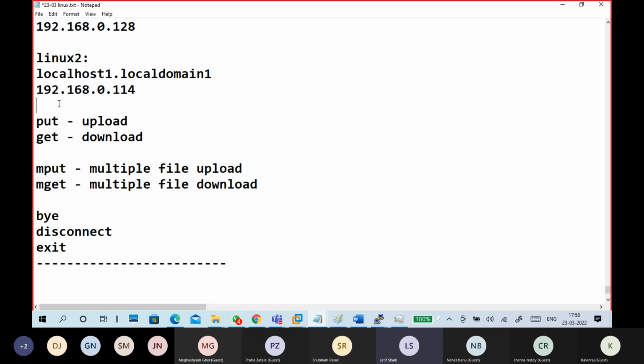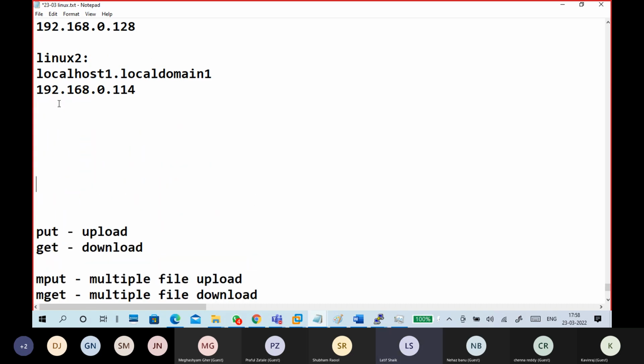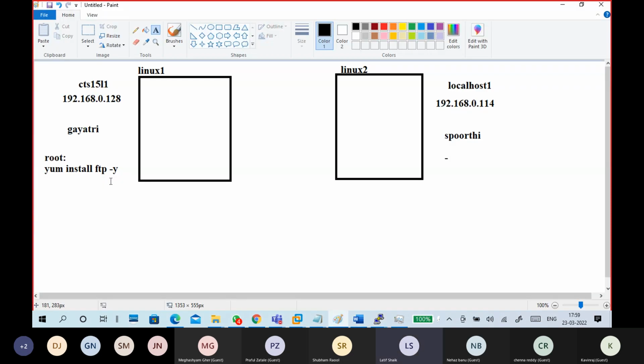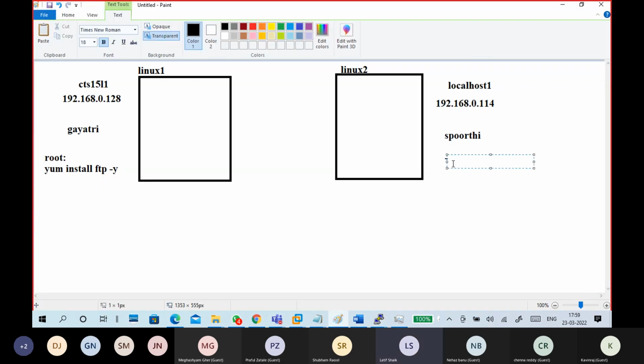Also I have to tell you this. Go to root. In the root, I install with yum install ftp -y, otherwise it won't work. I thought it was already installed. Next, again Spurti. Spurti or root, you can do it with anything. In that one I put ftp